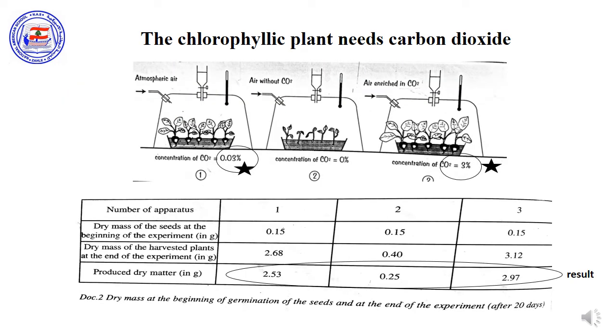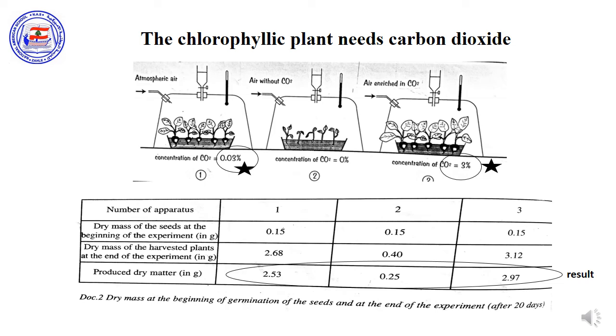Okay, now pay attention. I'm going to analyze this experiment. In all media, 1, 2, 3, the radish seeds have the same conditions of light, temperature, and irrigation. In medium 2, when the radish seeds are planted inside a jar where the concentration of carbon dioxide is 0%, after 20 days, the growth of the plant is weak and they produce 0.25 grams of organic matter, which is